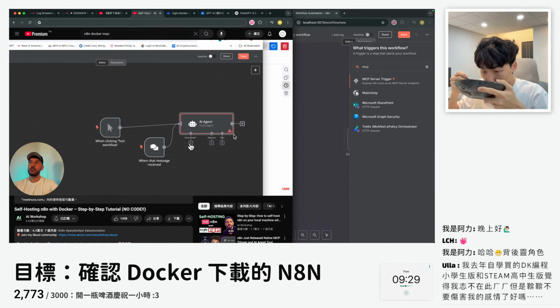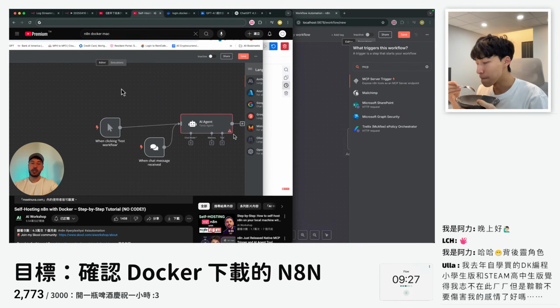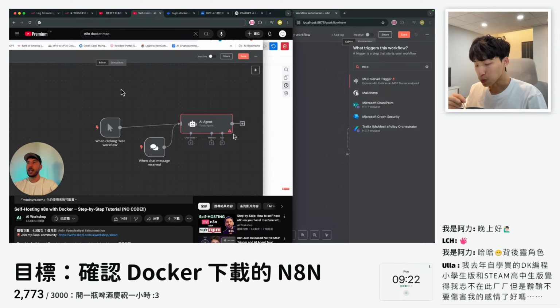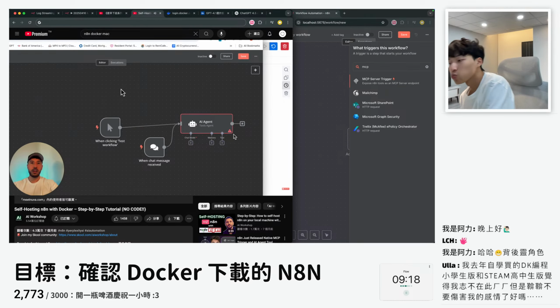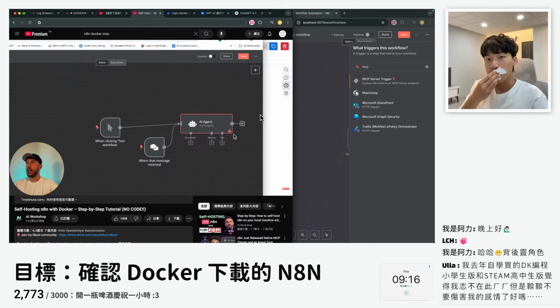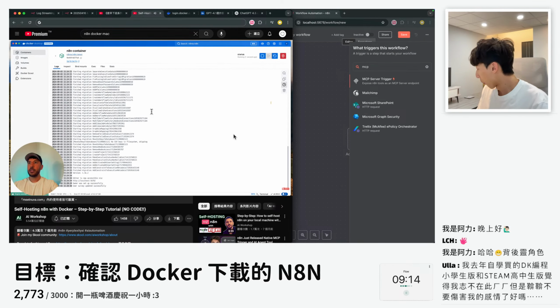And then obviously you have to add your credentials because it's not going to migrate over the credentials because now you're using your local machine to run everything. And that's pretty much it. So if you already have a bunch of workflows on your cloud account, you can migrate them over very easily. Alright, so now let's go ahead and actually stop this so that way you see how that works as well.